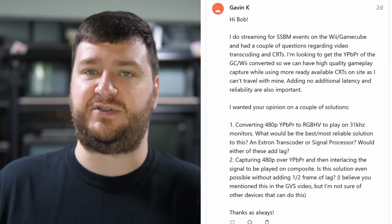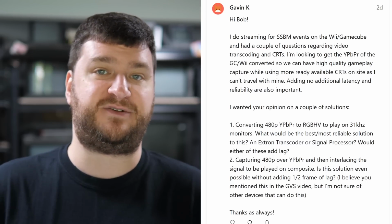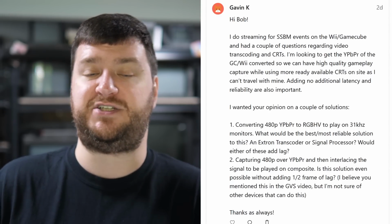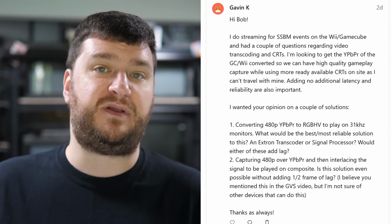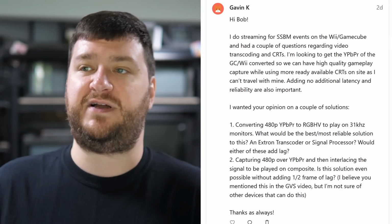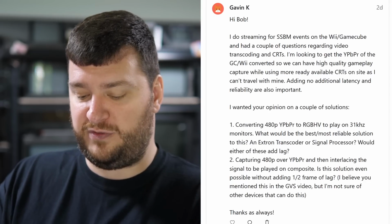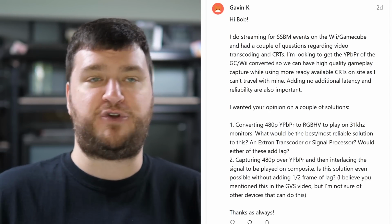With this other solution where you're converting the video signal, even if we found one that would add zero latency, there's a lot of steps, especially if you're doing something like GBS control where you're downscaling. That's a great solution, but think of it in terms of a tournament. You're about to start a match, something glitches out, you power cycle, and then the GBS is no longer downscaling, so then you have to log into the app on your phone, connect to it, set the settings. That 2 or 3 minute